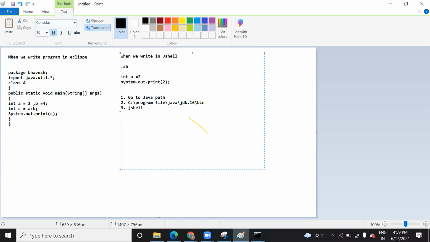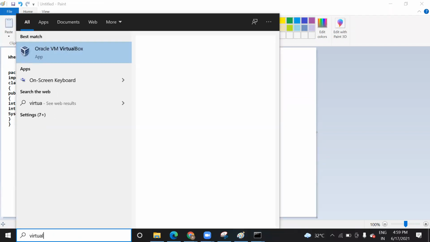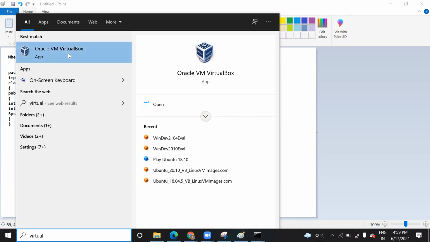Okay. So you're using Linux? Yeah, sometimes I use Linux. You can also do it. You can install VirtualBox, Oracle VirtualBox, and inside this VirtualBox, you can import the Ubuntu Linux operating system. So on your same operating system, you can run a different operating system also. What is Ubuntu? Ubuntu is an operating system which is based on Linux itself.